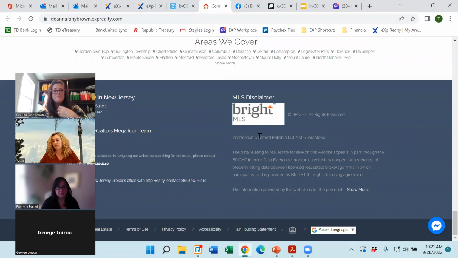First time I logged in, I was trying to figure out why certain functionality wasn't working and why I couldn't search properties in Burlington and Camden counties, which is where I'm located. And it was because I was assigned to Garden State MLS. Okay. So once they figure that out and get it resolved, this is where you can go back and know